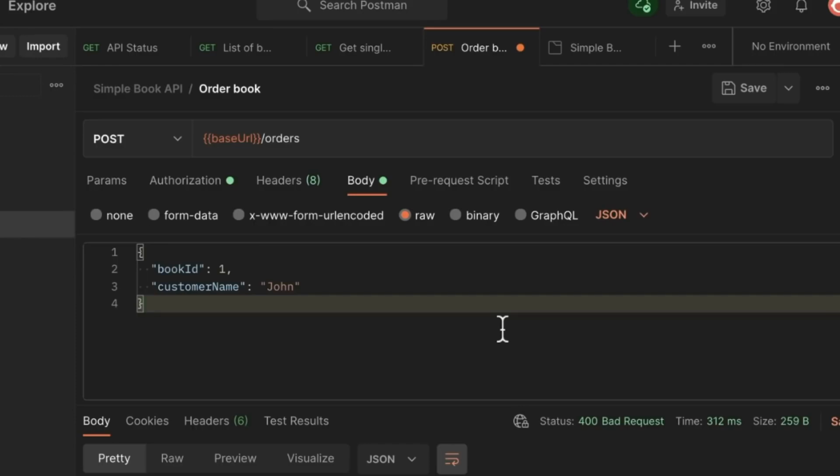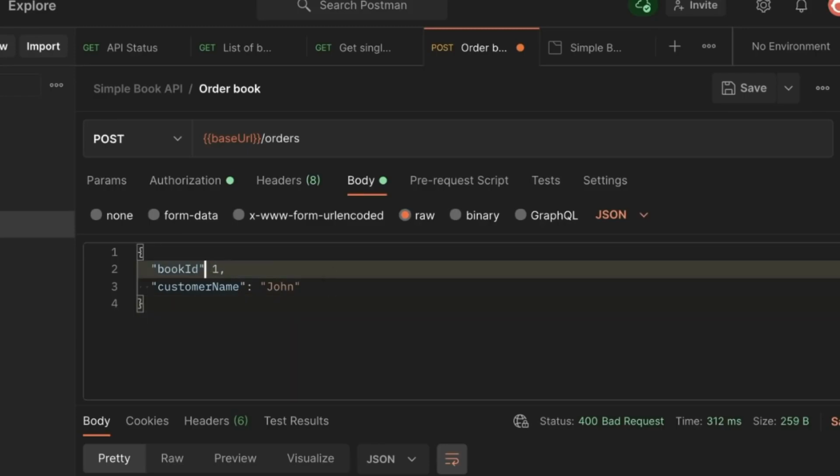Now, JSON is essentially just a key value way of sending data. So for example, here the key is book ID and the value is 1. And again, we have a comma here separating these, let's say, key value pairs that we're sending. And the next key value pair is the customer name, and it has the value John. If we try to write something different, instead of this colon, we are adding here an equal sign,